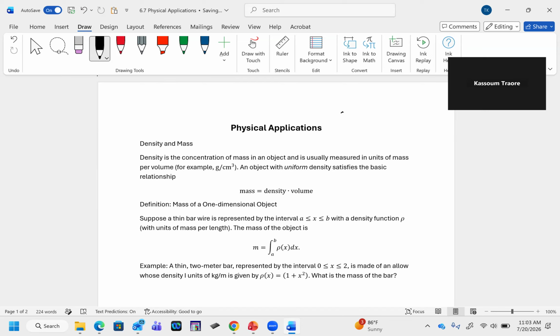An object with uniform density satisfies the basic relationship. Mass is equal to density times volume. So that is when an object has uniform density. But when the density of an object varies, this formula no longer holds, and we must appeal to calculus. That is why